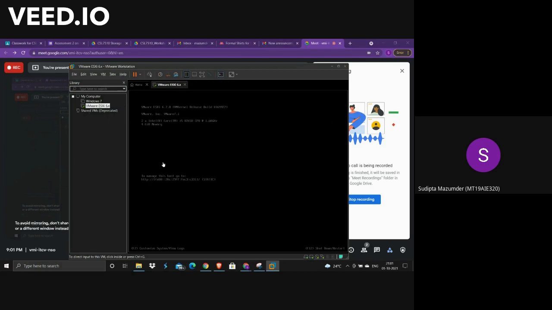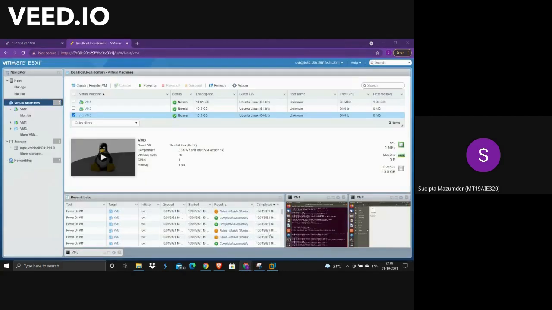After creating that, I have got this particular host address where, if we go, we get our localhost local admin. So this is where our final three VMs have been created. We can see here VM1, VM2, VM3.